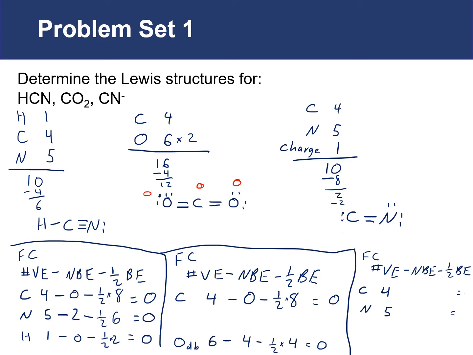So for carbon, it's 4 valence electrons minus still 2 non-bonding electrons minus, now we have a double bond, so it's 1/2 of 4. So that would now be a 0 formal charge. For the nitrogen, it's 5 minus